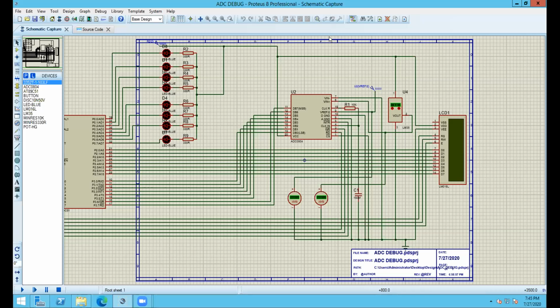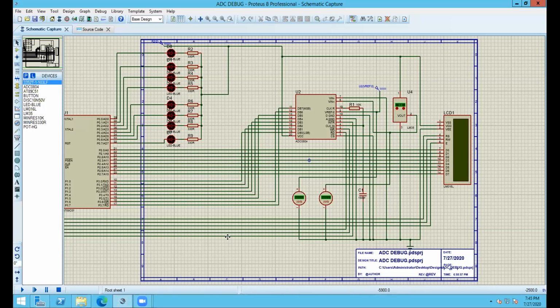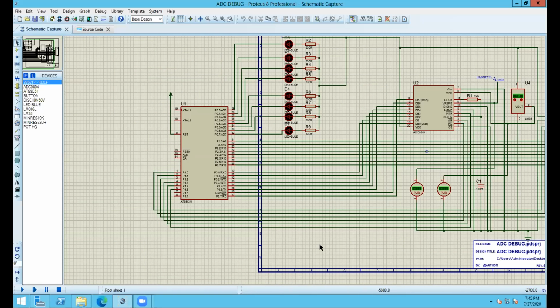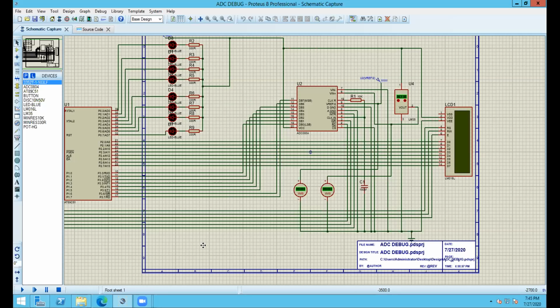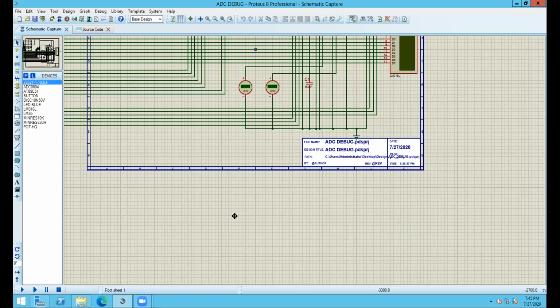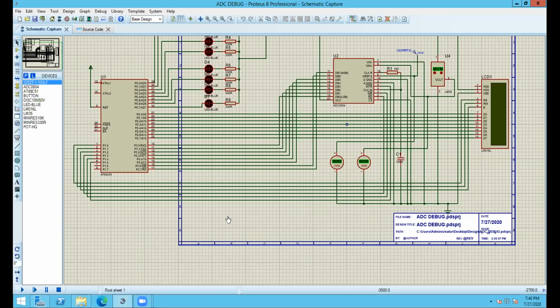Yes, sir. Fine. See, what we have here, we have the microcontroller and the same connection configuration with the LCD. That means port 2 is connected directly to the data bus of that LCD. You see here, we have port 2. And we have port 1.0, 1.1 and 1.3 connected to the RS, RW, EN. We have VDD connected to the power, we have VEE connected to the ground. So this is the basic LCD circuit that I described to you last day, and you have also created the same.